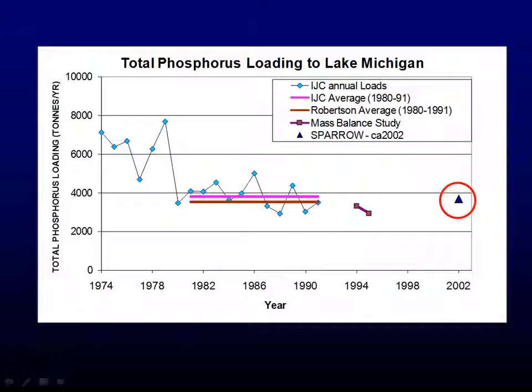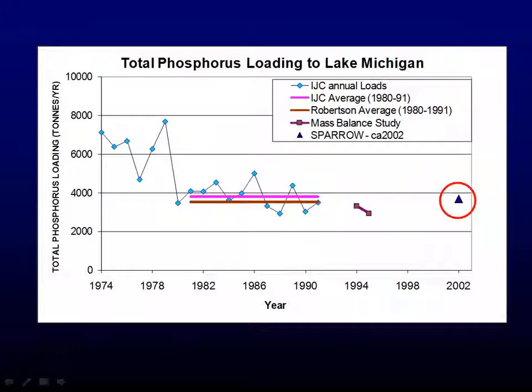With Lake Michigan, that sort of threw me a little bit because it hadn't changed, and I would have thought we would have seen a change. So one of the things I wanted to do was to compare it with other studies. Well, here are the IJC numbers. These are unadjusted, so if there have been adjustments for atmospheric deposition, that's probably what's driving that. But if we look at that, there are the IJC estimates. The average, I did a study back a number of years ago, and mine came out to be pretty close to that, and that was just adding up the pieces. Very similar to what Dave Dolan had done. We had the mass balance study, and then here's my SPARROW estimates. And if you look at that, that seems to be right in line.